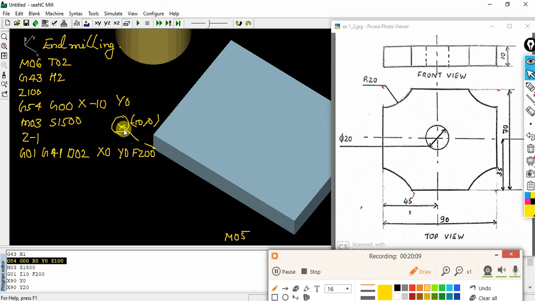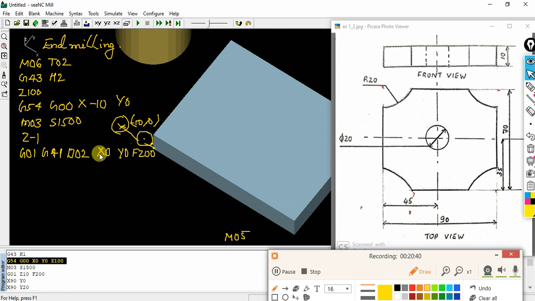Now I have defined what I have done. Initially I kept my cutting tool at position X-10 Y0, and I moved to the origin position by giving a left compensation. Initially the center point of the cutting tool was the reference. Once I give G41, it will move with respect to its left edge. If this is the workpiece, towards its left it will move, so it will locate in this way.